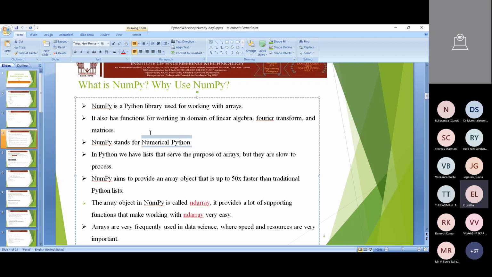And only one small difference is there. The same list, we can use it here. But why are we going with NumPy? Lists are somewhat slower than NumPy. When we work with NumPy, we can do faster access. The execution speed will increase. When we are working with matrices, we have to go with NumPy. Why? Because